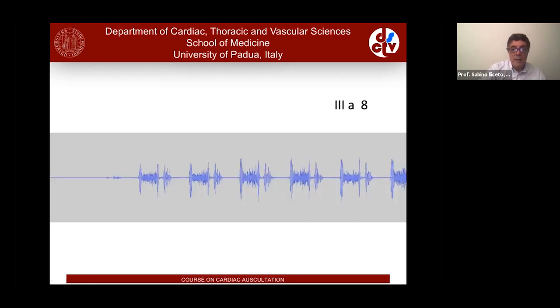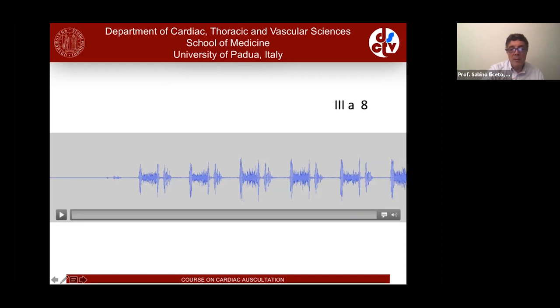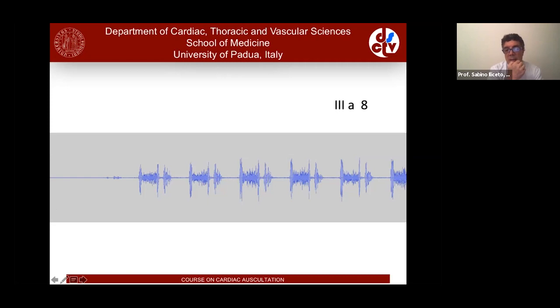The next one is another example that has something a little bit different. This is difficult, but I have to explain also the difficult things. Here you have the first sound, the second sound, the mitral regurgitation, then the third sound, and then a small murmur after the third sound, a small low frequency murmur, and this is called